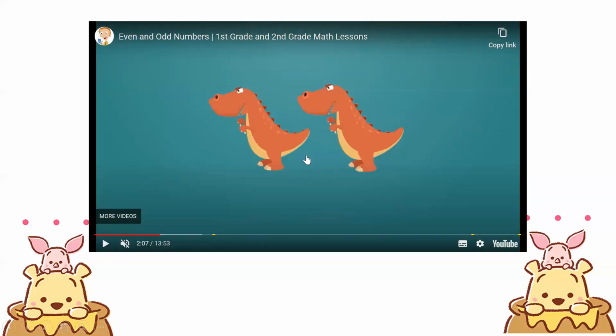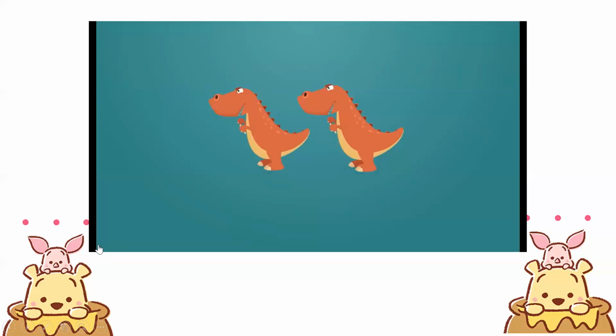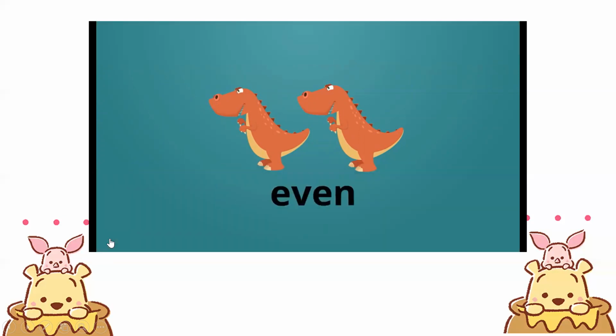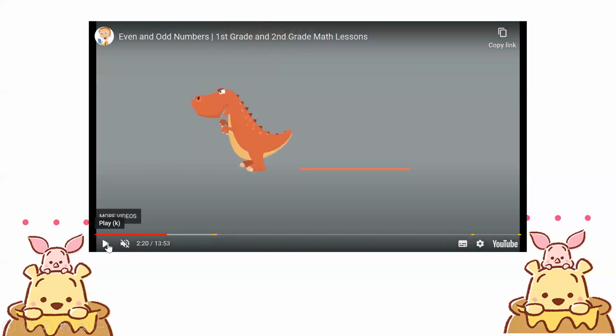See, there are two dinosaurs. The dinosaur was first walking all alone, while after some time he found a friend. So this dinosaur is very happy. First, he was walking all alone, feeling very odd. And now he got a friend. And when he got a friend, he feels so good. Now, how was the one dinosaur feeling? He was feeling odd, and the one is